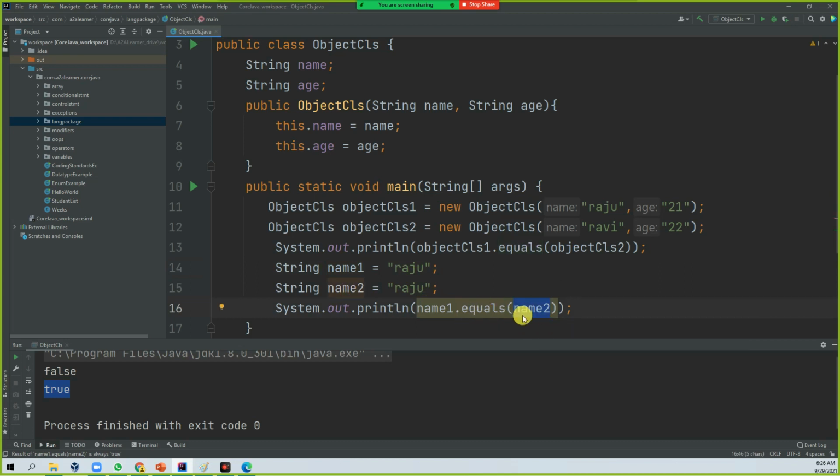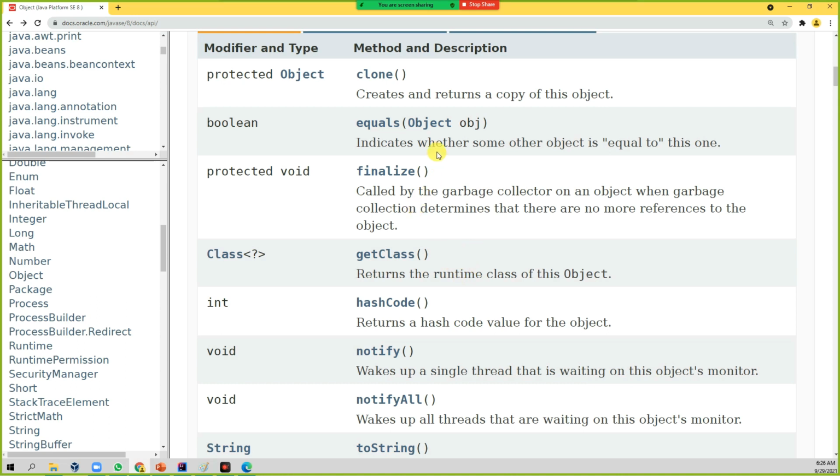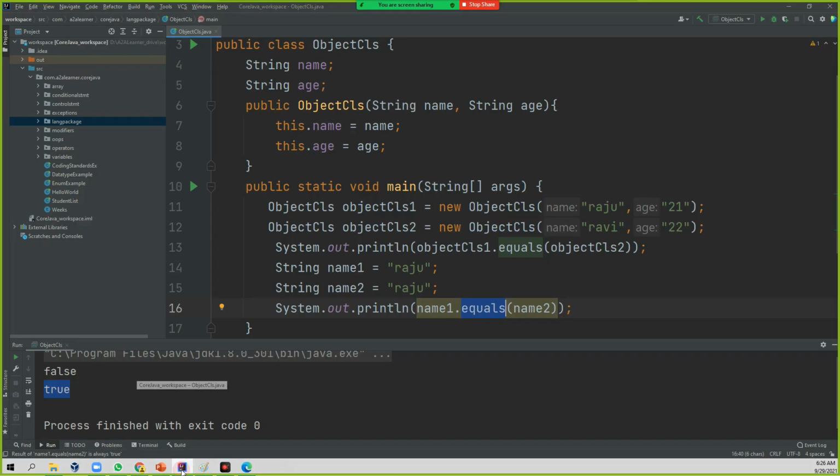It will give a return type, and the equals method always gives a boolean type. See here, the return type is boolean, which tells either true or false. So the first one, what you saw, gave false because they are two different kinds of objects with different values. And here, with the same data, when we compare using the equals method, it gave the result true.